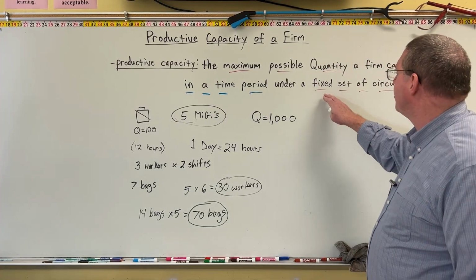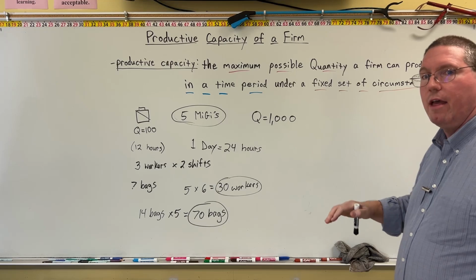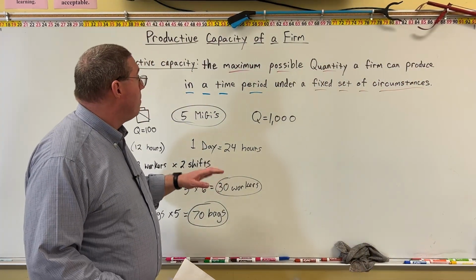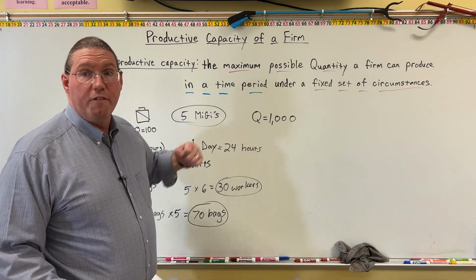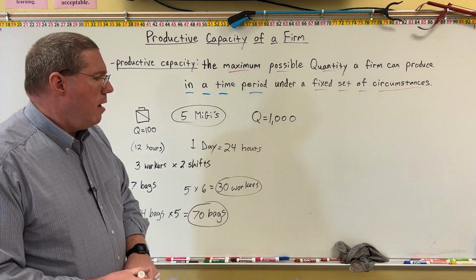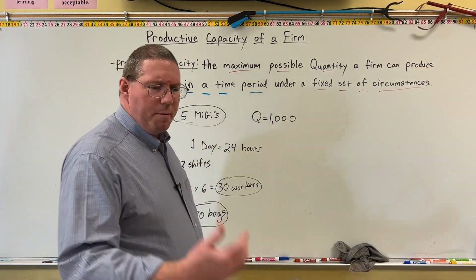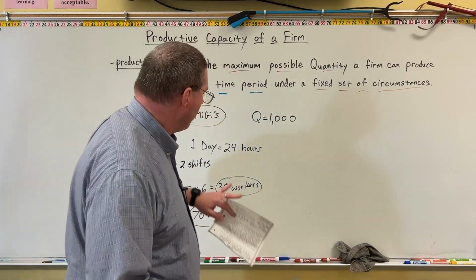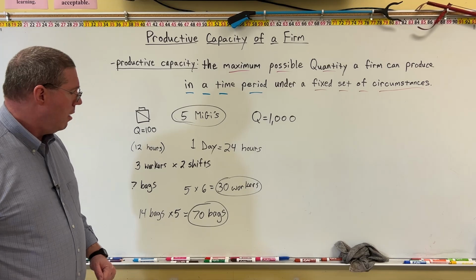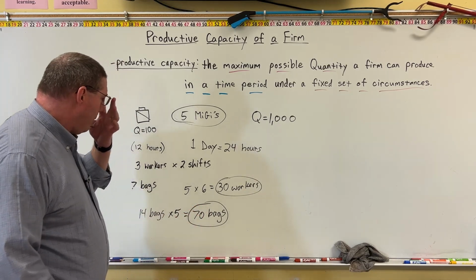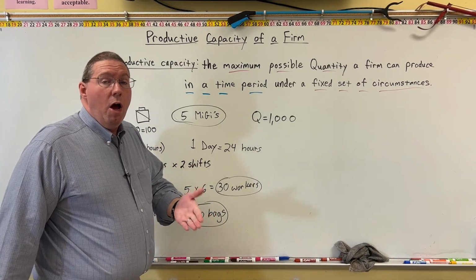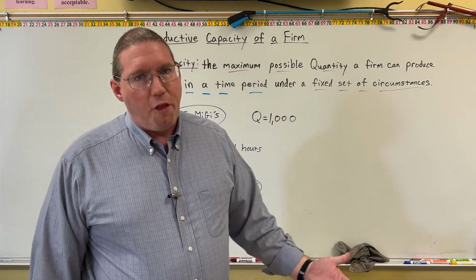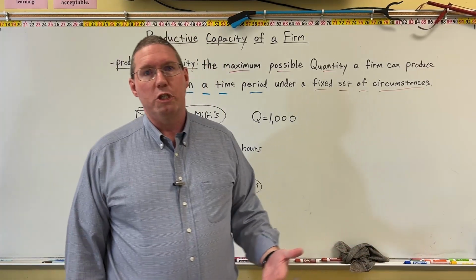They have to change their fixed set of circumstances. If they change the fixed set of circumstances, it'll change their productive capacity. So let's say after a lot of time, they've been producing a lot of these LTK 4217s. They've been selling a lot. They've been employing 30 workers, going through 70 bags a day. And their customers are starting to ask for more. They're saying, hey, look, we know that we're getting 1,000 from you, but we really, really wish we could get